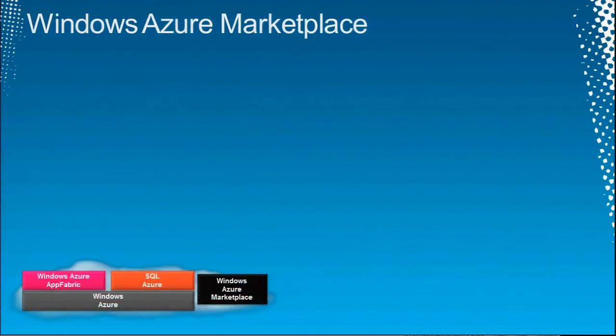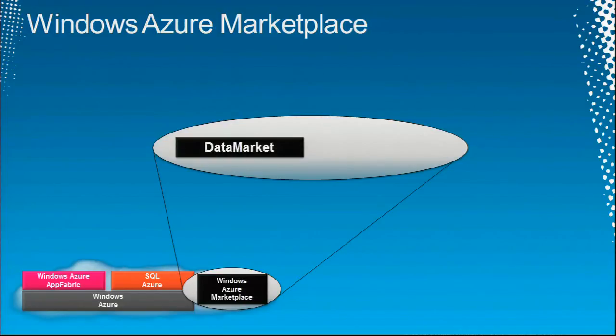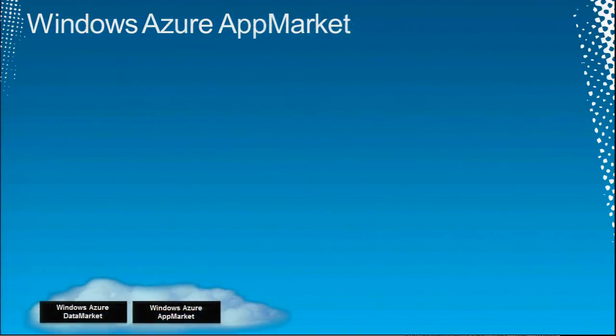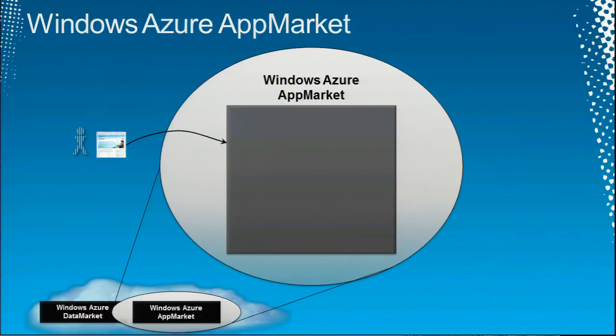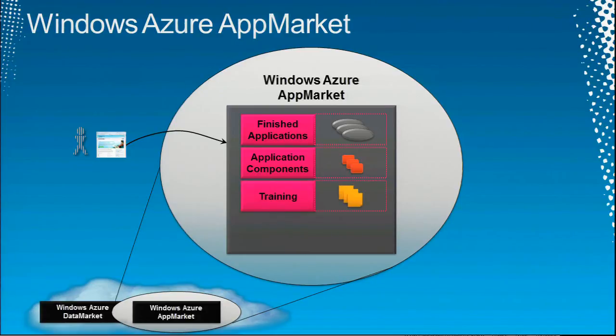And finally, the last parts of Windows Azure itself, the marketplace. Two pieces, data market, app market. Easy to understand. App market is what it sounds like. It's an online marketplace you can go to find cloud applications, finished apps, or components for building cloud applications, or potentially others, or even training or consulting services. It's actually broader than just apps despite its name. So, a fairly familiar idea expressed on top of the Windows Azure world.